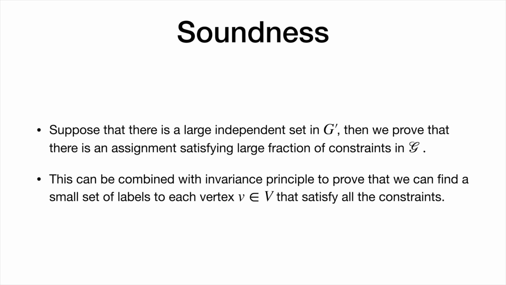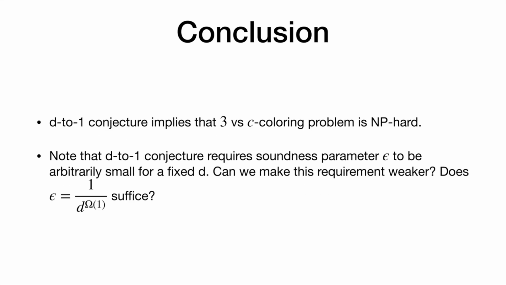But most of them are black box type things, so we don't really go into these details even in the paper. This whole thing is present in the Dinur-Mossel-Regev paper as well, but I just gave an overview here. And to conclude, in this work we proved that the d-to-1 conjecture for any fixed d